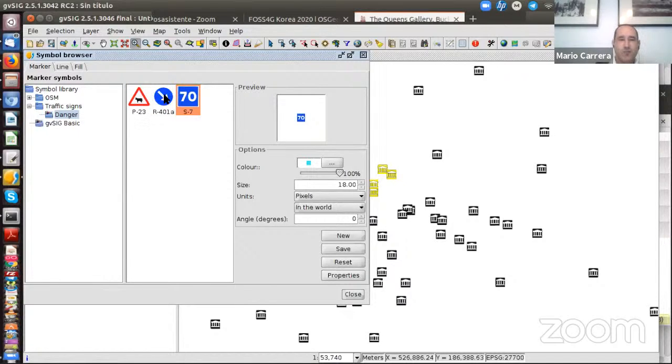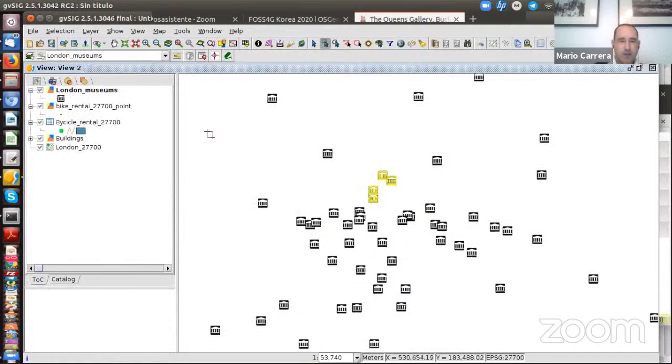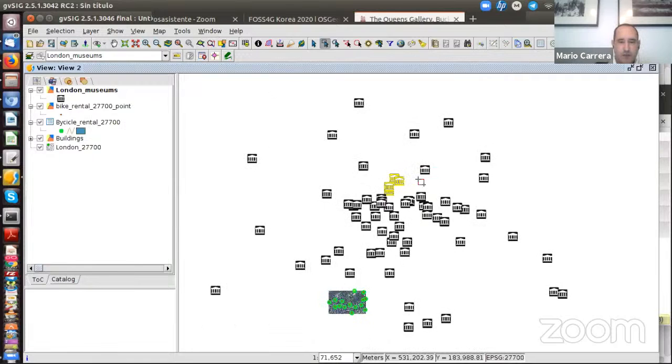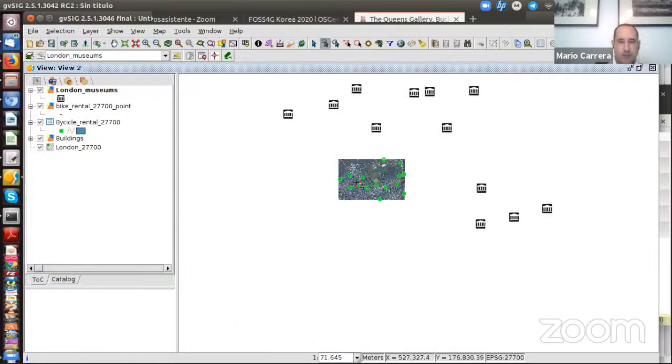Okay, in this case, we had to have 3 different folders. So for danger, for obligation, and the other one recommendation. Okay, so it depends on that type of elements. You can create different folders. Okay, so if we close, we're going to apply, for example, to see the example, we're going to apply